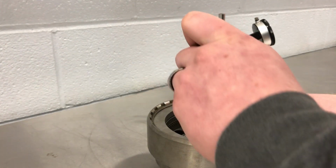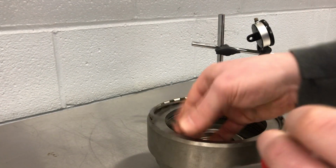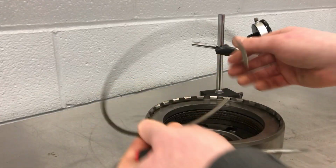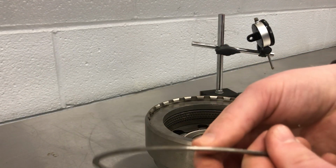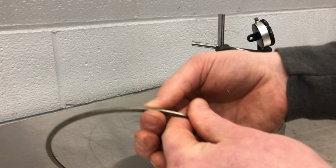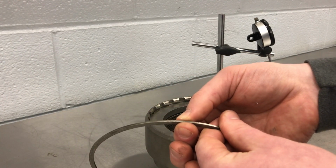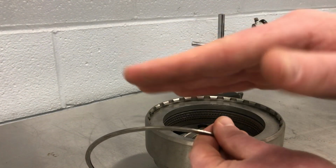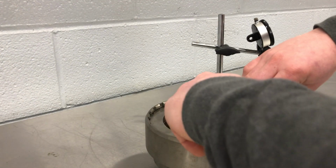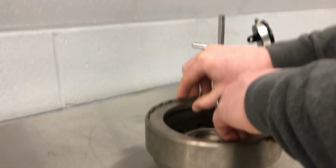Now, what sets that clearance on some transmissions is the actual thickness of this snap ring. So if we had too much clearance, we would thicken the snap ring. If we had too little, we'd try to make it thinner so that there was a little bit more air gap in there. On many transmissions as well, I would argue just as many as have what they call a